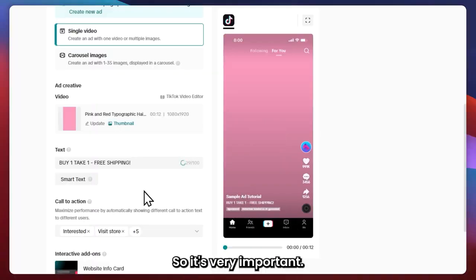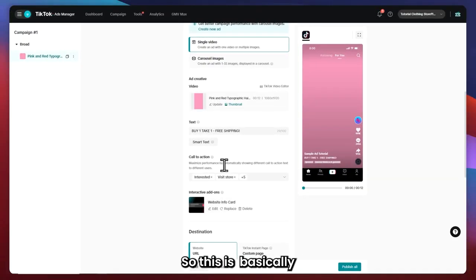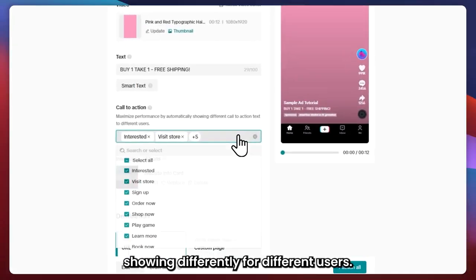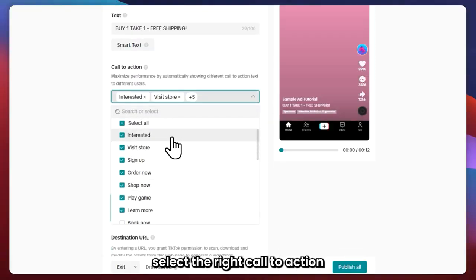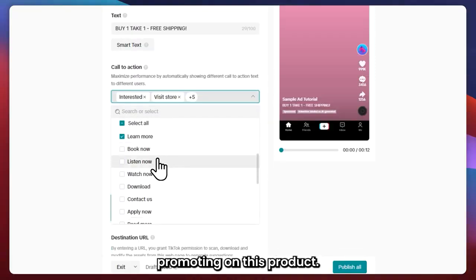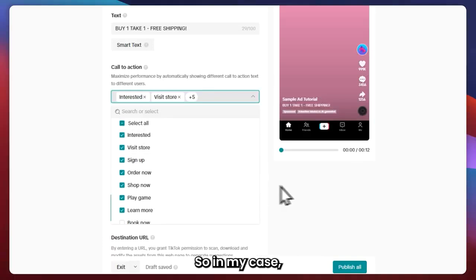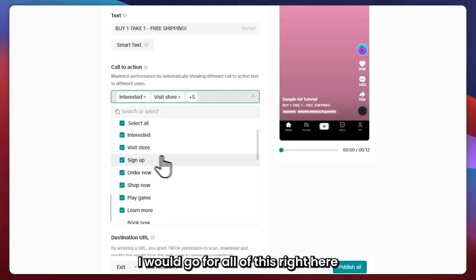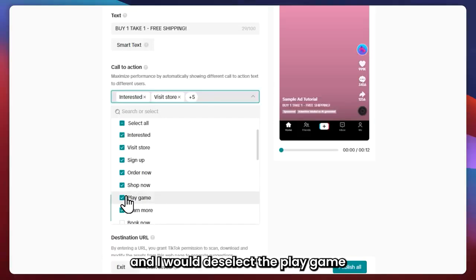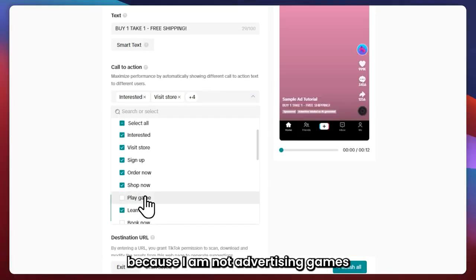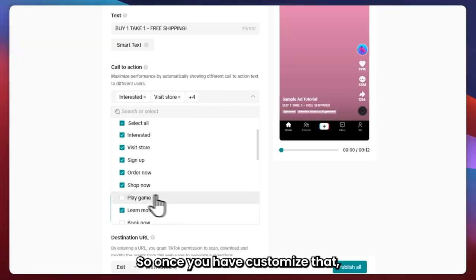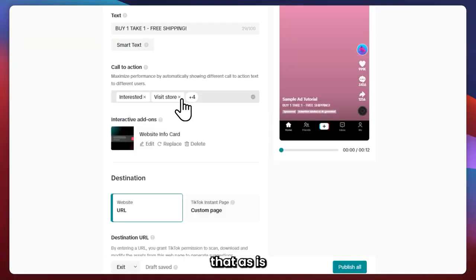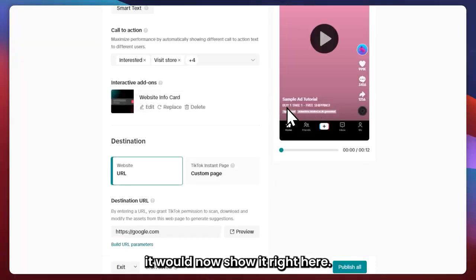So it's very important. And then next is the call to action. So this is basically showing differently for different users. So you want to make sure that you would select the right call to action depending on what you are promoting on this product. So in my case, I would go for all of this right here, and I would deselect the play game because I am not advertising games. There is no game, so this would not be appropriate, and so on. So once you have customized that, you want to leave that as is,